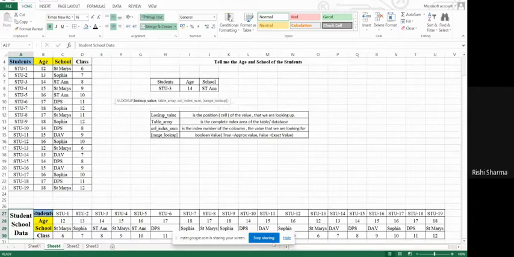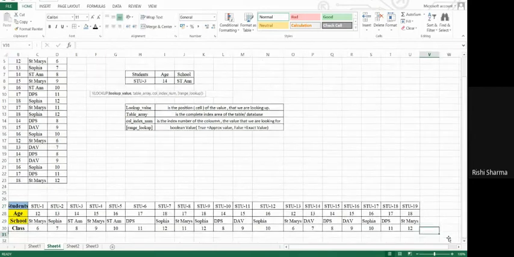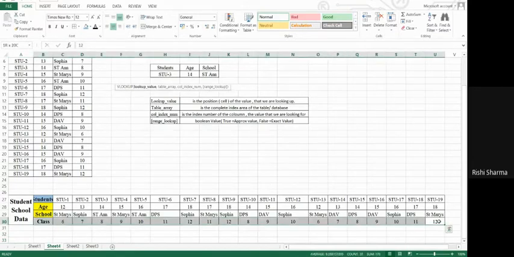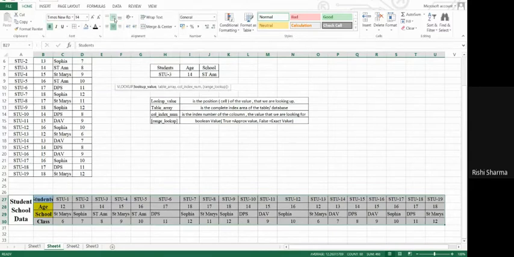So if you see over here, what happened? Here the data is stored in the form of rows instead of columns. The headings are now in the form of rows. This is the data of the student, and data is stored in the horizontal format. When the data is stored in the horizontal format, then we will use horizontal lookup. I hope this is clear to you, why we have given the names HLOOKUP and VLOOKUP. So it depends upon how the data is stored.